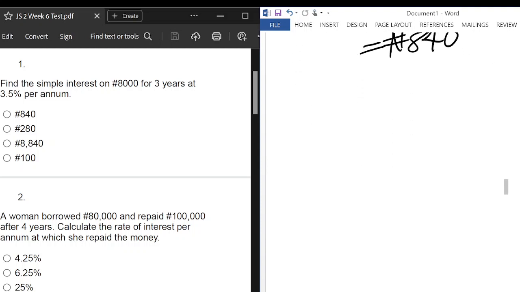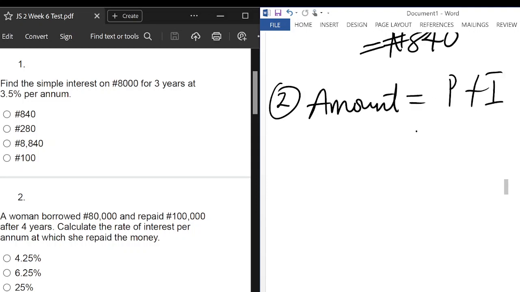For question number 2, we have: a woman borrowed 80,000 naira and repaid 100,000 naira after 4 years. Calculate the rate of interest per annum at which she repaid the money. So which means 80,000 naira has accumulated to 100,000 naira, right? So the interest on it will be the difference. From this question, the amount, that is the principal plus interest, is equal to